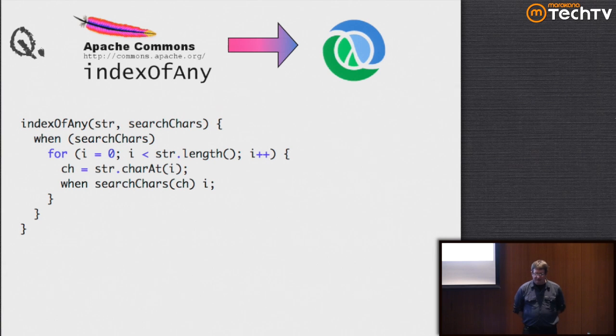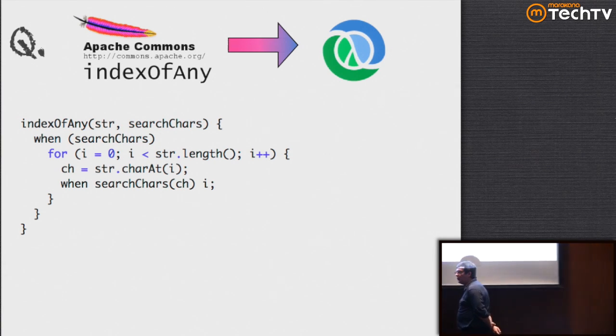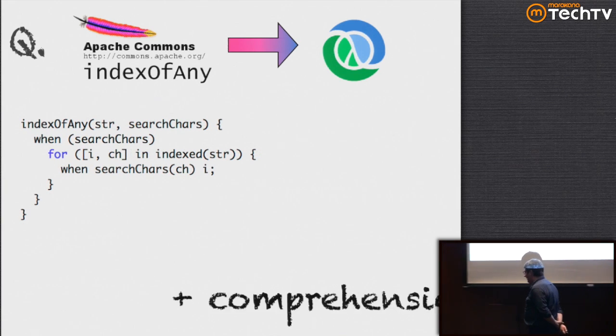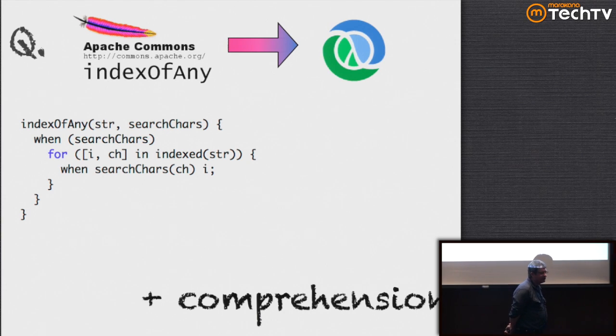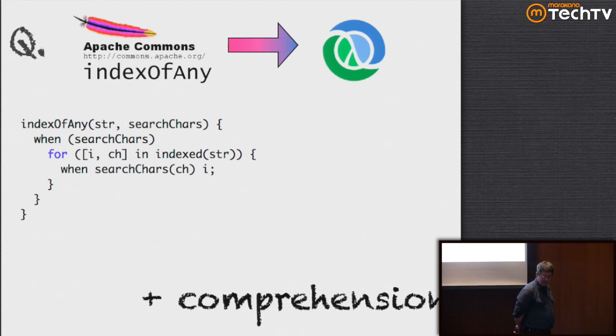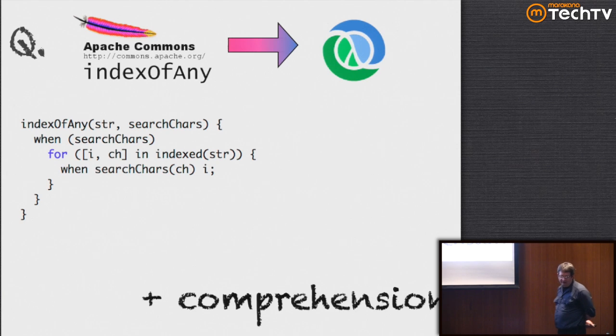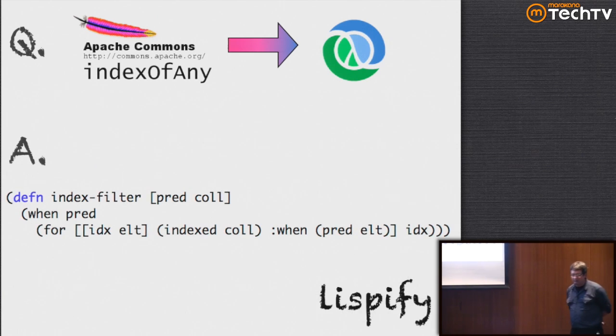Now I'm going to add a list comprehension to get rid of this for loop. I'm going to replace it with something that says for, which is just poorly named in my opinion because it's not a for loop, it's actually a list comprehension, which is kind of a Swiss Army chainsaw of doing things with lists. What you can do with a list comprehension is basically say for a collection, here's an input format and some values and what you want it to return. So I'm going to say for each index and character in my index string, return the index when I find that character.